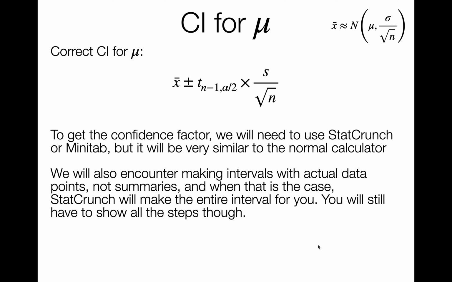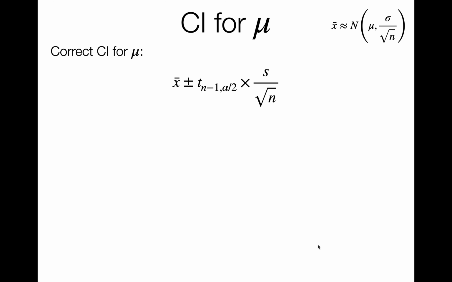I'm also going to give you examples where you have actual data. Okay. And what I mean by that is I don't give you that the mean of 30 points was 5.4 and the standard deviation was 2.1. I'm going to give you those 30 data points. And when I do that, the entire process of creating the interval is going to be done with StatCrunch. That doesn't mean you can skip the steps. It just means that StatCrunch is going to be more help to you than normal. Okay, so